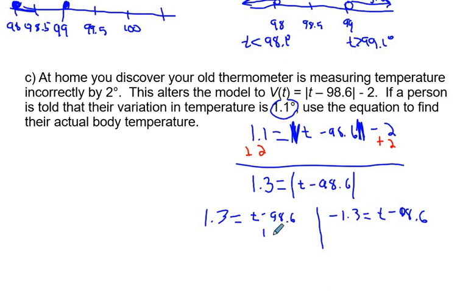So if I add 98.6 over here to both sides, pretty easy to do because everything lines up. So you get a 0.9 here, and then here you get a 9, and then here you get 99.9 as your upper range for your temperature. Then if I add 98.6 over here,